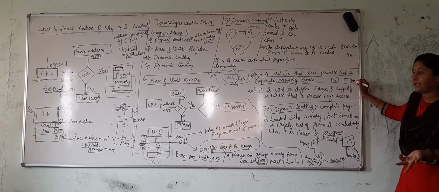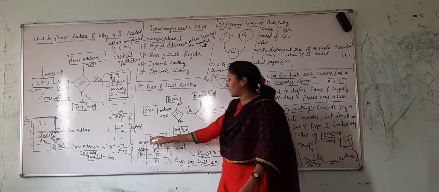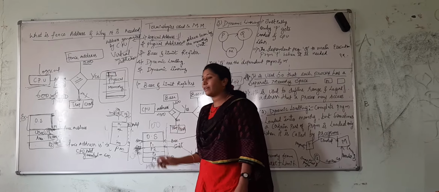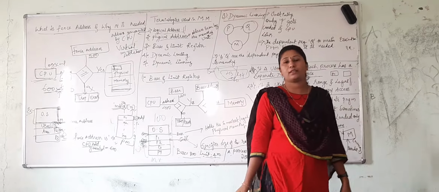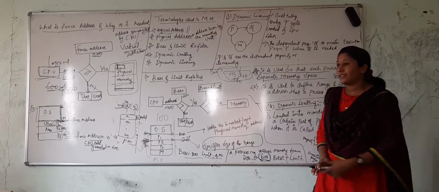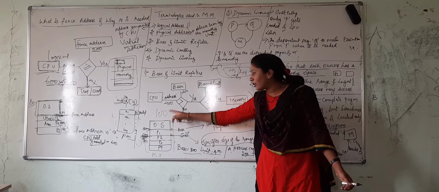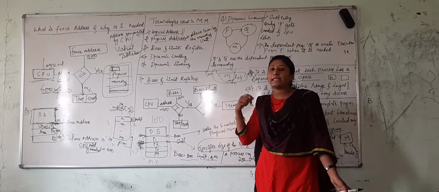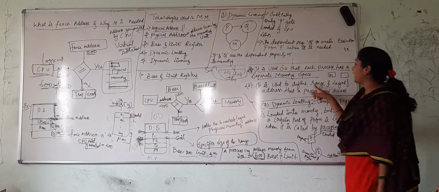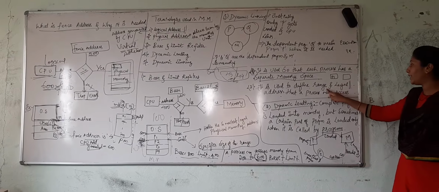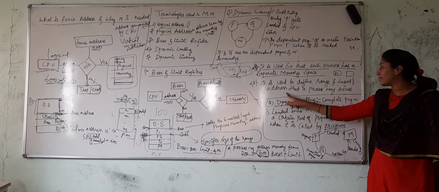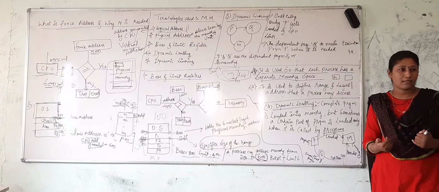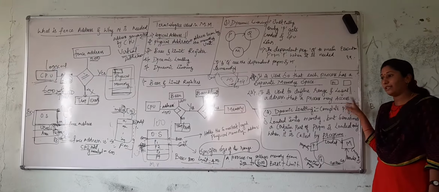If it is not matching, like the limit itself is 200, and if I specify the process value as 100, what does it indicate? It's an illegal value because this address is not found in the user area, nor in my memory. Therefore, each and every process that we define should have legal addresses that the process can access. That is what the base and limit register does.